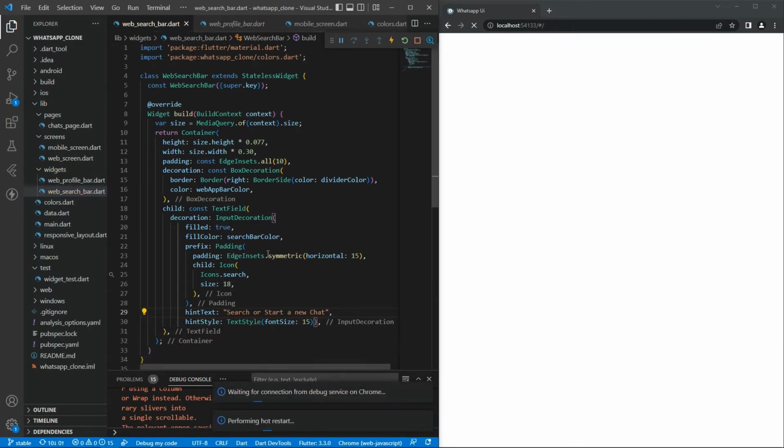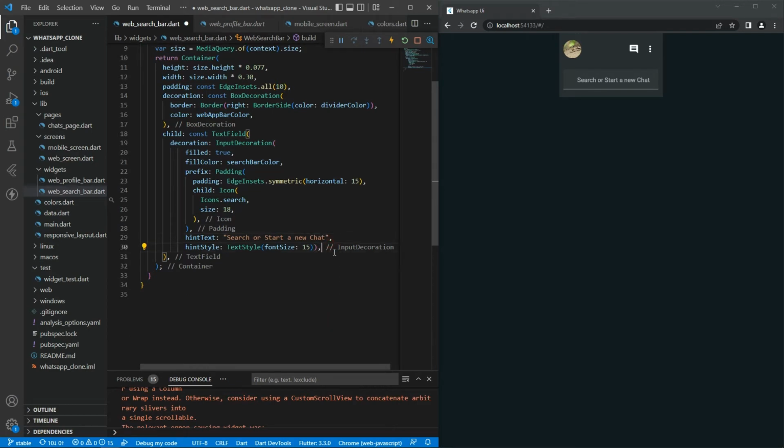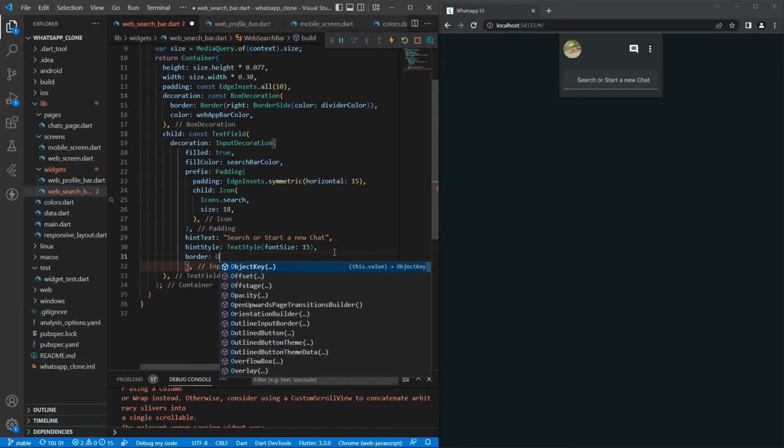Okay, so this is done, and we want to provide the border of our text field. So we are going to set the border, and in the input decoration I'm going to provide the border, and it will be outline input border,